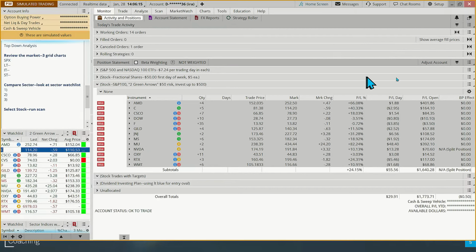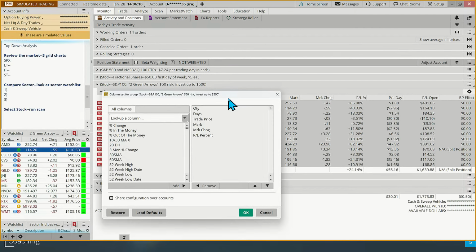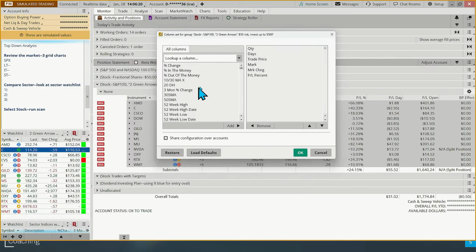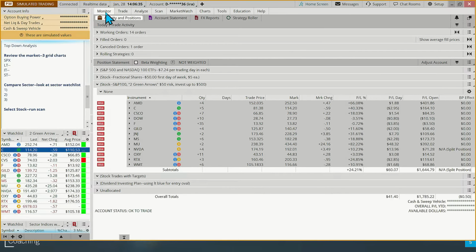And so I created this little chart or monitor tab extra, this little extra tool, and there's a link for it there at the top of the chat. You can see it there, and there's also a link in the description. But if I click on this, let me show you again how to get here. So go to your monitor tab, and trade price, that one's not a normal one. You have to add that.